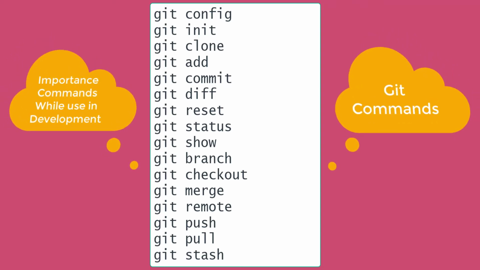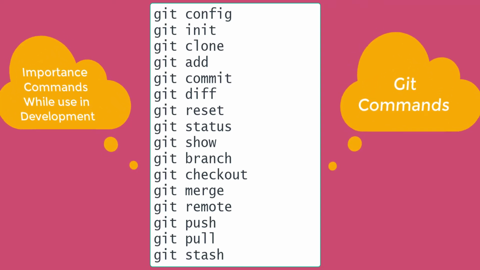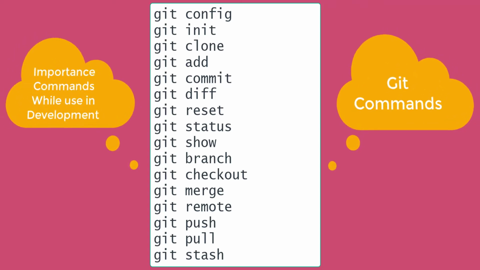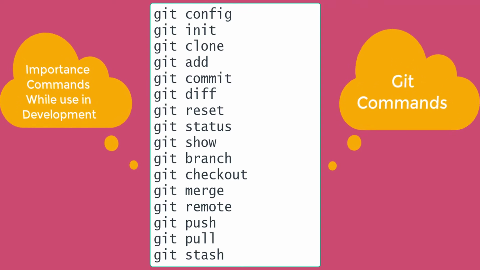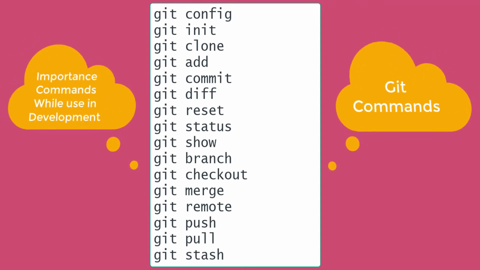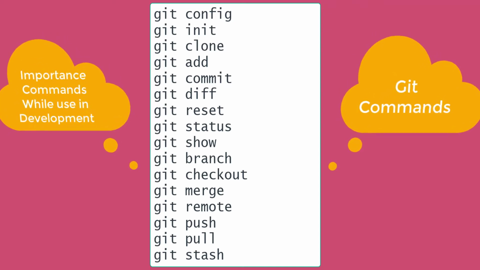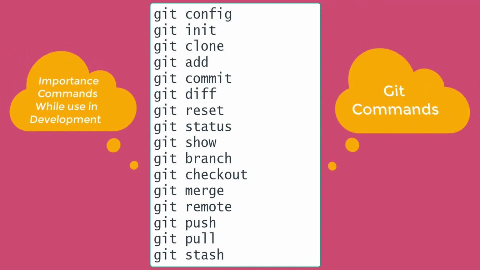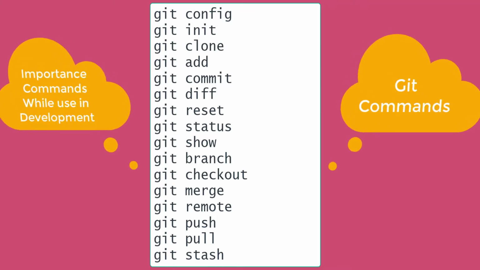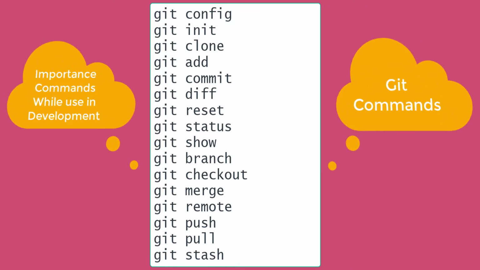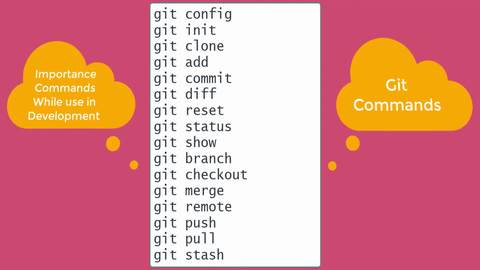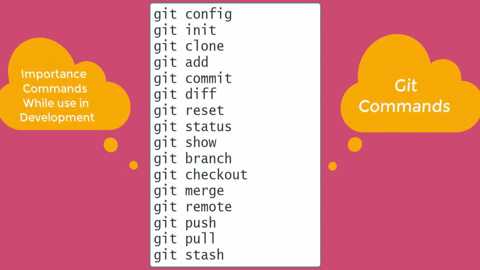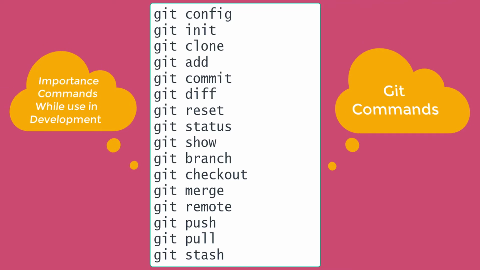Okay, the first one, git config. Git config is nothing but you will set the default ID which you are going to use to authenticate the git repos. Suppose in my case I'm going to use kalanjamtutorial@gmail.com. When you do the configuration, it is not required to log in each and every time when you push the code into the repository. Push is nothing but sending the local code to the repo. Git config is used for that.